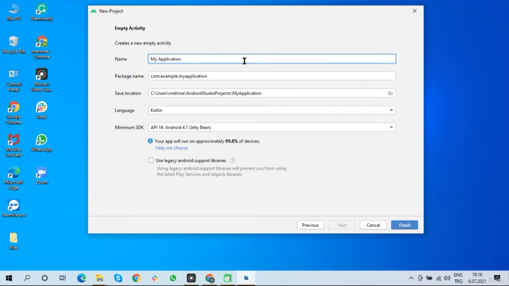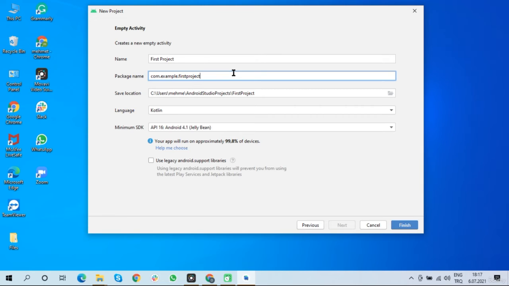So let's make those necessary definitions. I will specify the name of my project, and here, of course, you can write whatever name you want. But at the same time, the name that you write here will be the name of your application. So for now, I'm just going to write First Project. Now, the second field is where we specify the package name of our project. You can think of the package name as the ID of your application. So generally, project package names are created as